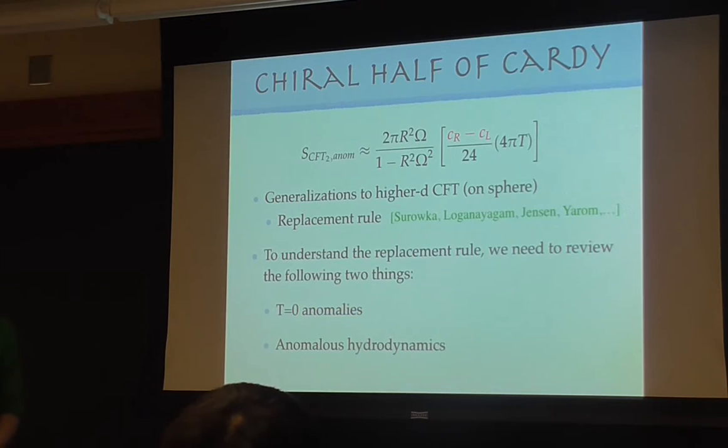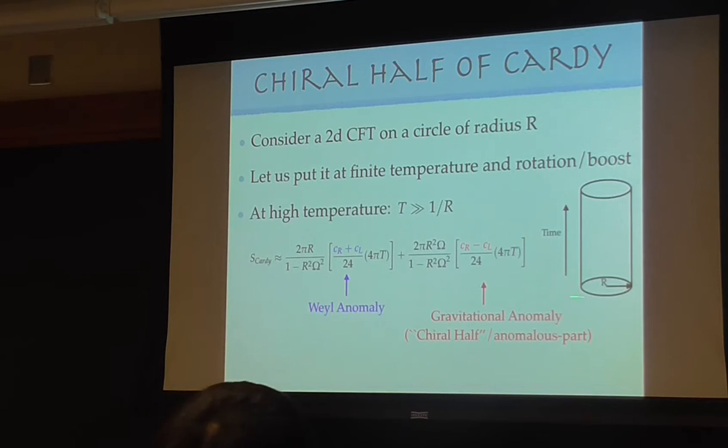What was omega? Omega is, sorry, the angular rotation, or the boost, I guess, in 2D. So I put it at finite temperature beta, and then when I go around beta, the field is going to twist by omega. Thank you. So you put the CFT in a curved background to get this result? Well, usually you get this C left plus C right when you put it on a curved background. But in this case, putting it at finite temperature has a similar effect as turning on a background field, right? 2D background. 2D, not 10D or anything? No, sorry. By background, I mean this is QFT still, right? QFT background. Okay. Any question?